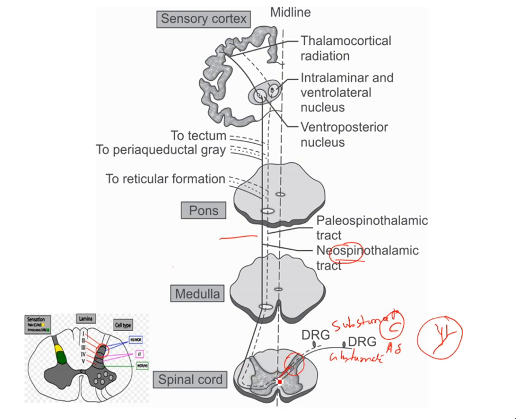They cross anterior to the spinal canal, then they go to the opposite part of the spinal cord. From there, they're going to ascend into the medulla, then to the pons, and after the pons, they are going to give collaterals to the reticular formation, periaqueductal gray matter, and to the tectum. And stimulation of reticular activating system in turn is going to stimulate cerebral cortex, which keeps the cerebral cortex in